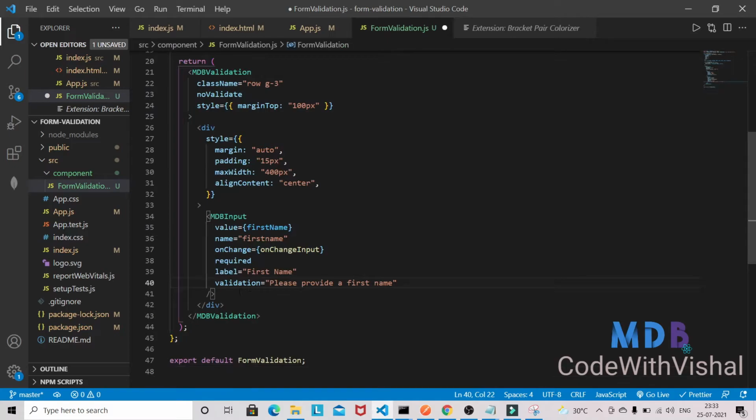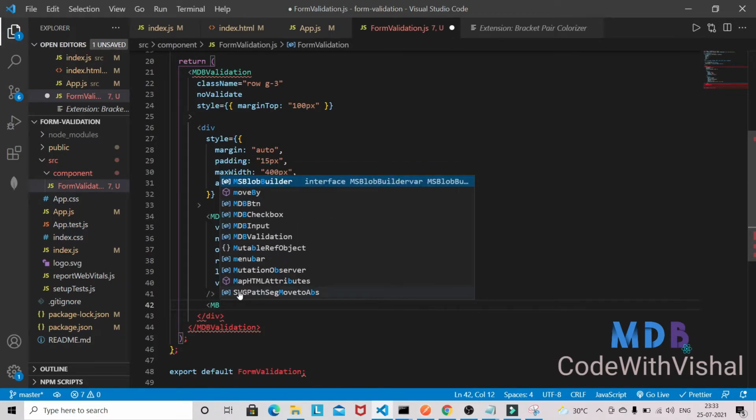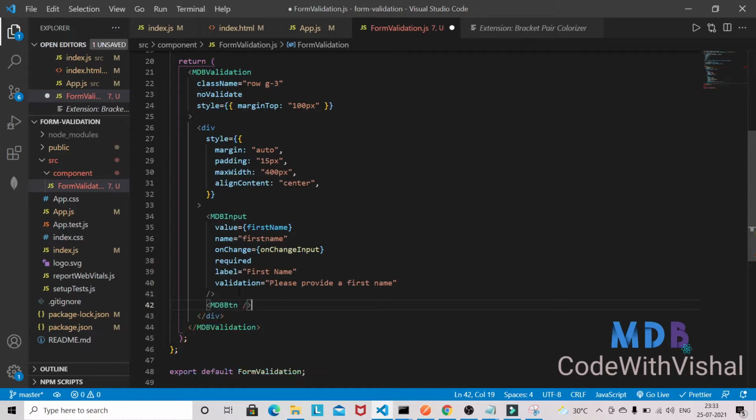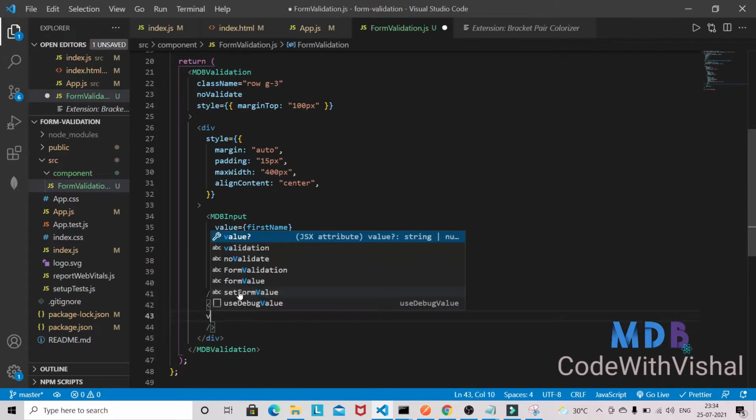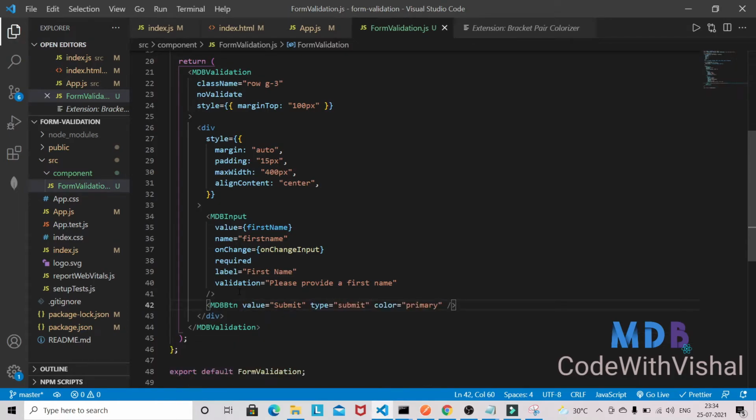And we can have one button here. So just give one button, MDBBtn, and value will be Submit, type will be submit, and color we can give here primary.